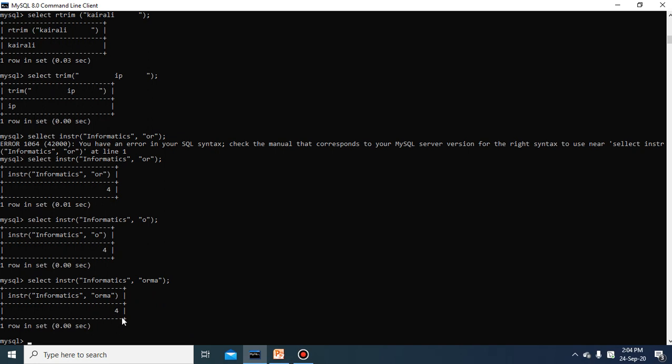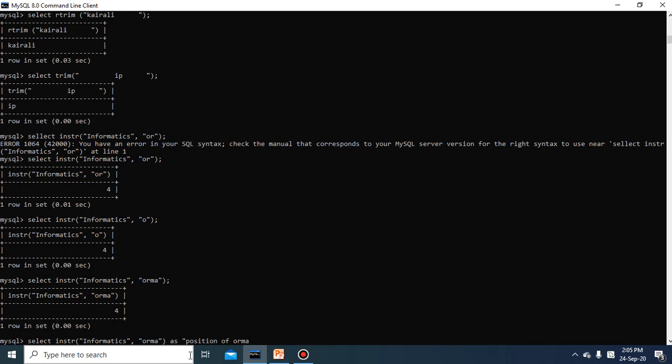One thing I want to tell you: if I write a column alias, meaning I want to change the output heading, that can be done with the help of select instr informatics orma, and I write as string position of orma.